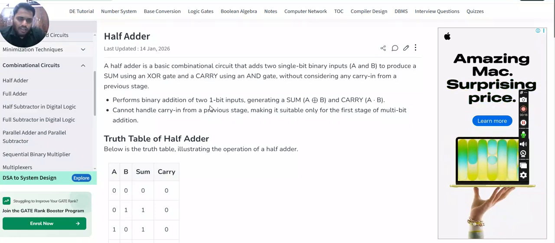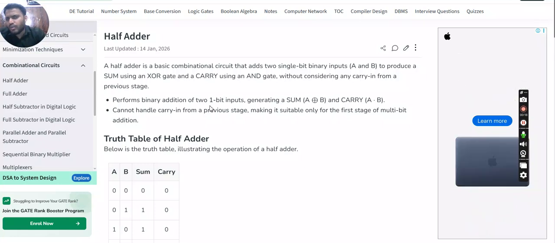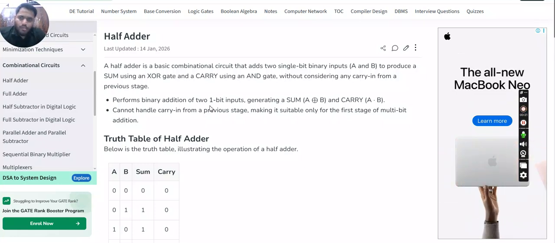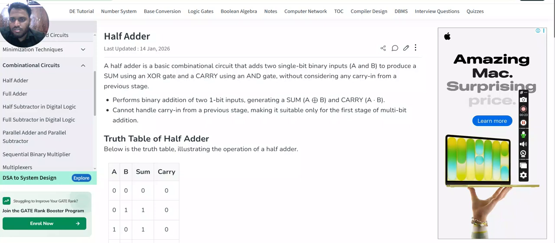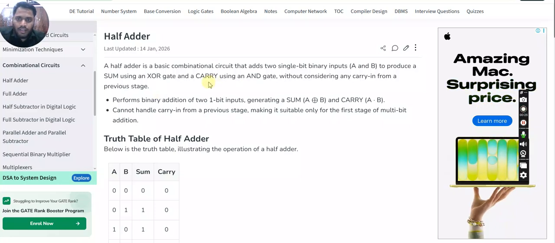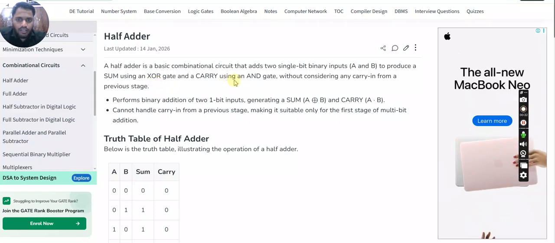So what is a half adder? A half adder is basically a combinational circuit that adds two inputs, A and B, to produce an output which is the sum and another output which is the carry. Sum is the XOR gate